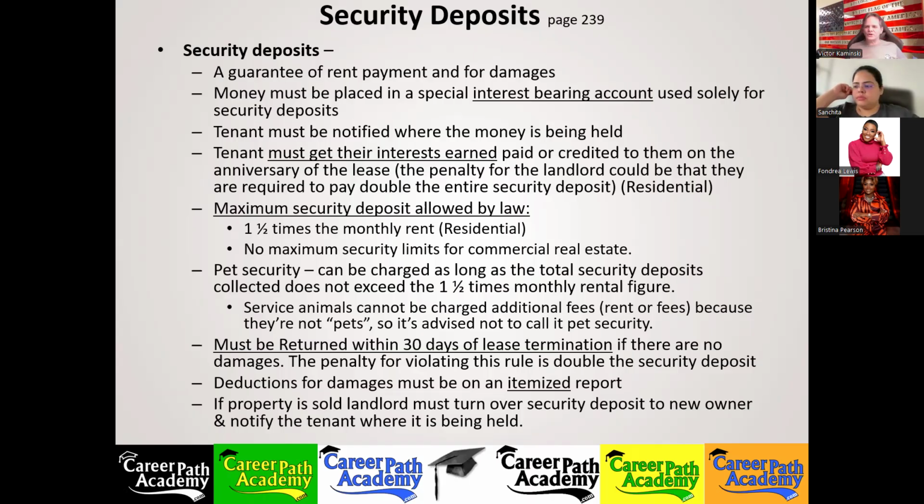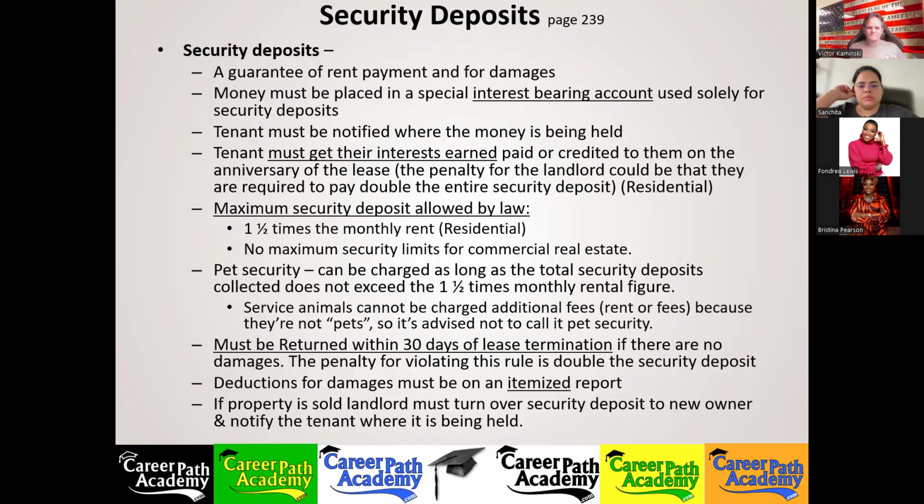You could charge as much as you want, within reason, for cleaning up an apartment or having to remove debris. You need to get a friend to help you carry that couch out to throw it out, to have the city come pick it up if they would pick it up. Otherwise you would need to arrange other ways to dispose of it, and it could be a cost. So you could put that on the itemized list.